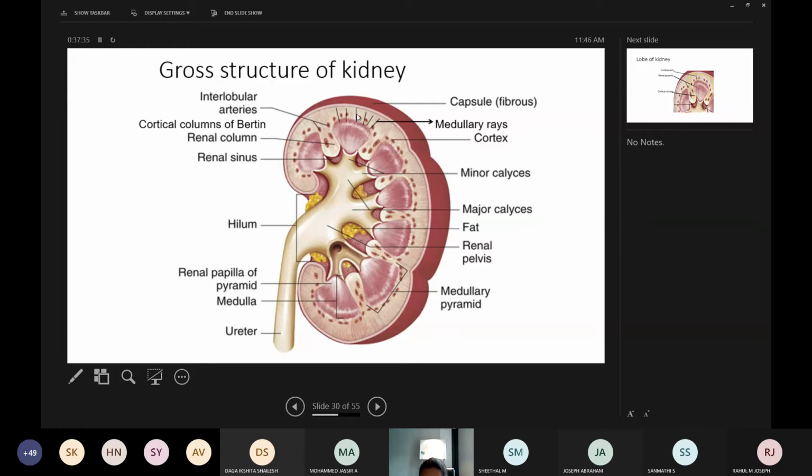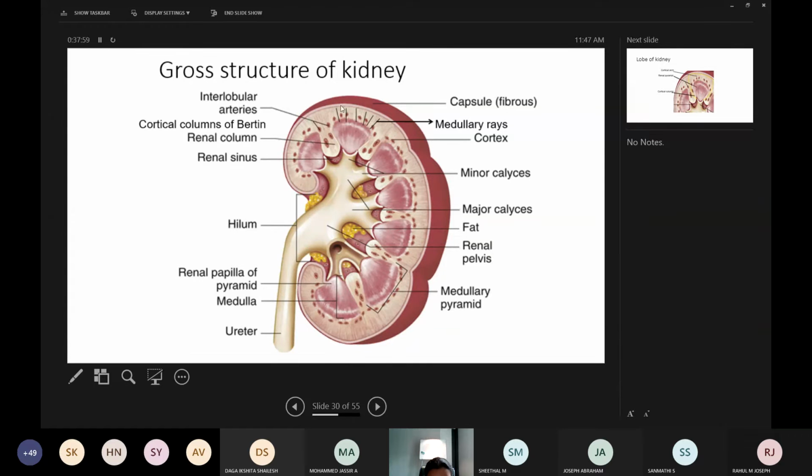That's the Malpighian corpuscle and the Bowman's capsule. Whereas in the lower part, we have only the ducts. These medullary rays pass through the renal pyramids. Like 12 to 20 ducts of Bellini will open at the apex into the minor calyx. Like how the flow of the urine occurs.